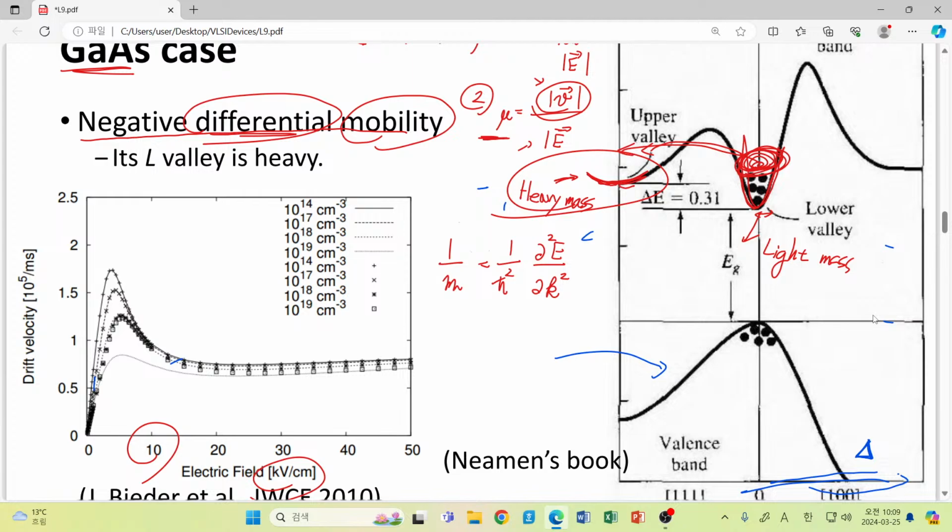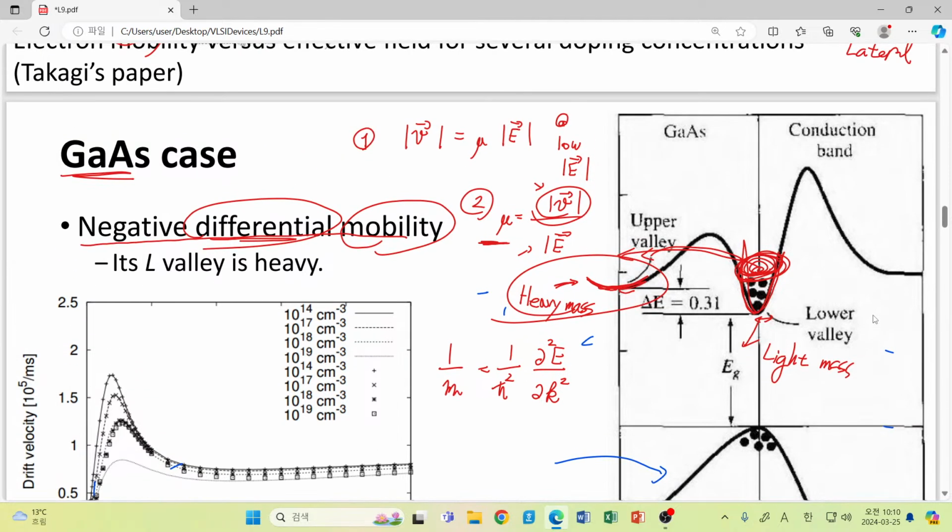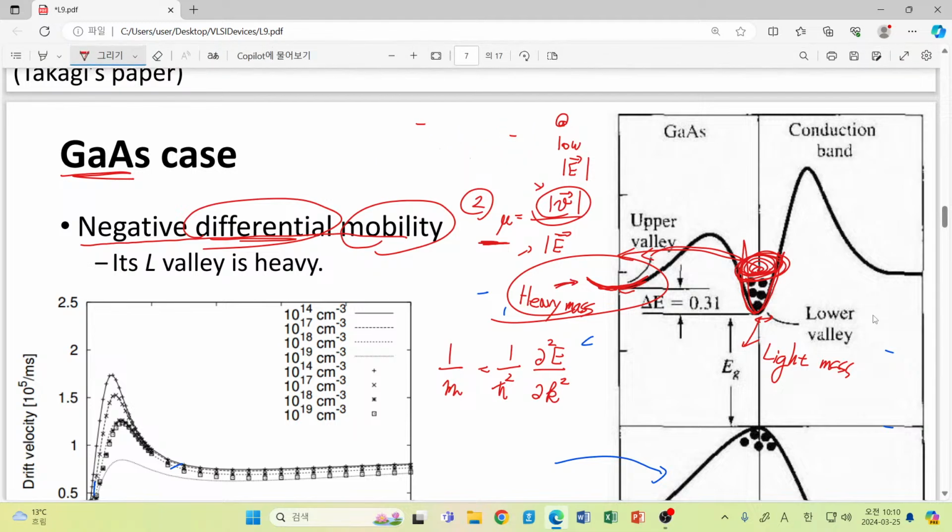Are you with me? Because we are considering the same energy, and when we have the same energy, if we have a small mass,